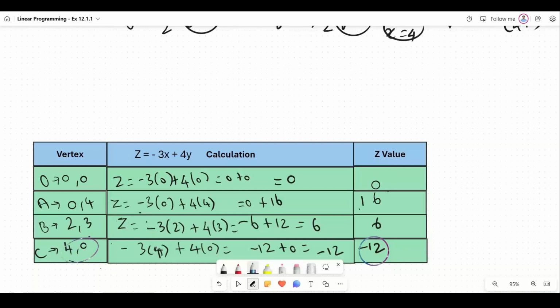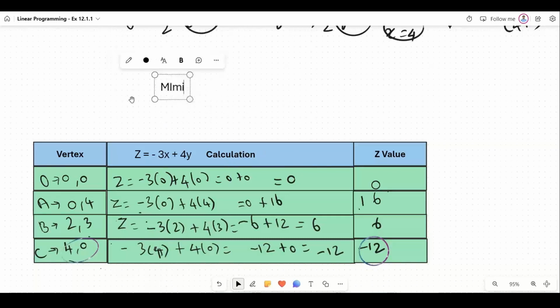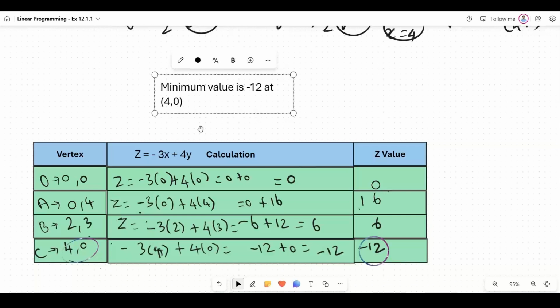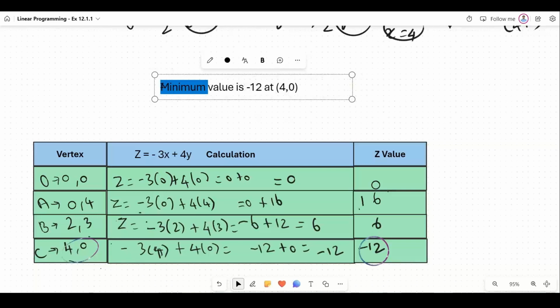Okay, now let's write it out. The minimum value is minus 12 at what point? At vertex C, which is at 4 comma 0. Okay, so this is how you need to write the answer. The answer will be: minimum value